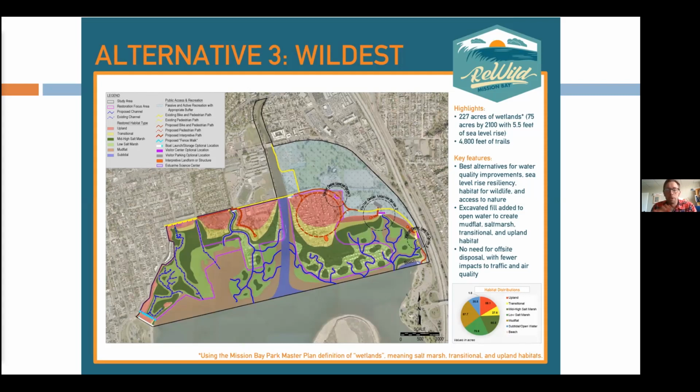So the Rewild Mission Bay project, wrapping up this hoped-for wetland restoration project, looks to expand and restore that habitat where there's a little kernel of that habitat remaining in Mission Bay. We hope to restore 220 acres or so of mudflat, of tidal wetland habitat, and give that yellow and red habitat a place to migrate into as sea levels rise. So that's the background. That's the local example of a tidal wetland restoration project.